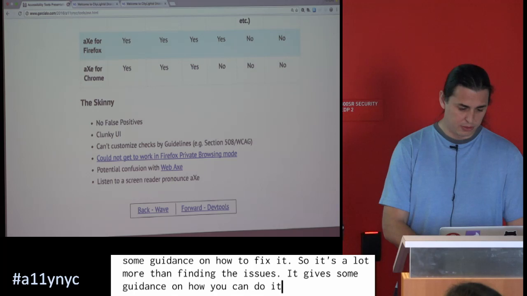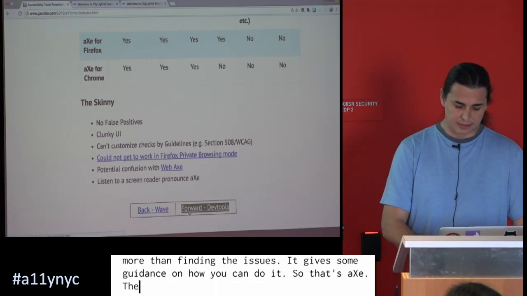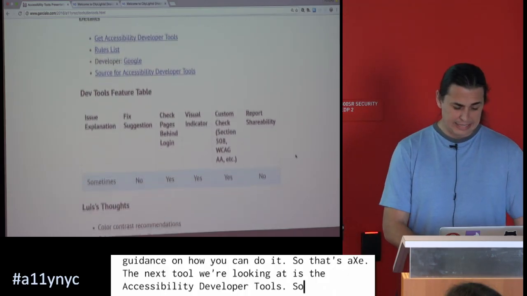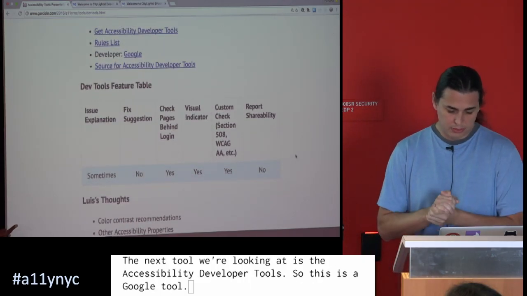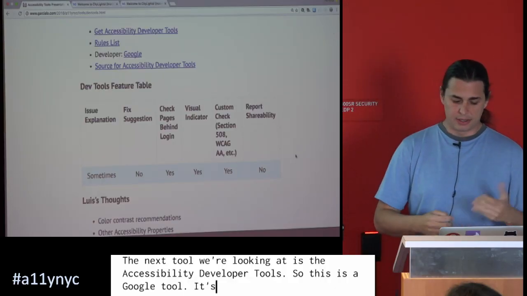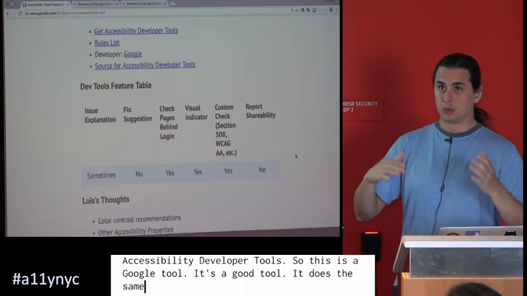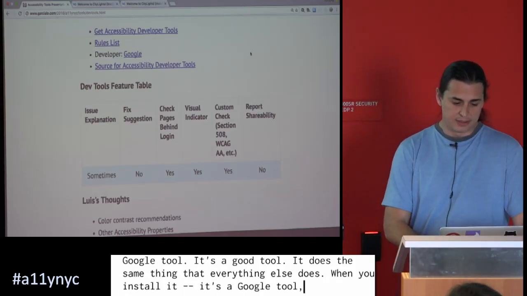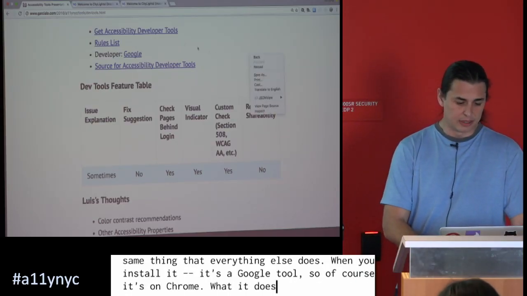The next tool we're looking at is the Accessibility Developer Tools. So this is a Google tool, and it's a good tool. It does the same thing that everything else does. When you install it, it's a Google tool, so of course it's on Chrome. What it does, similar to Axe,